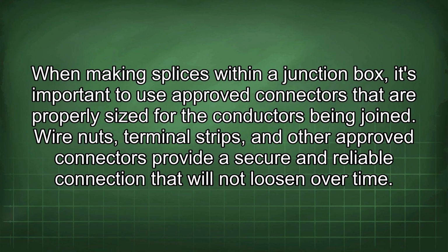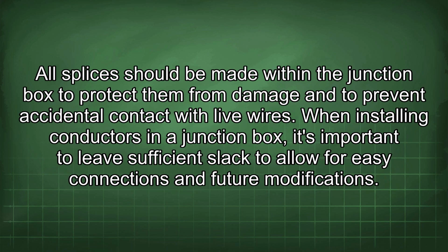When making splices within a junction box, it's important to use approved connectors that are properly sized for the conductors being joined. Wire nuts, terminal strips, and other approved connectors provide a secure and reliable connection that will not loosen over time. All splices should be made within the junction box to protect them from damage and to prevent accidental